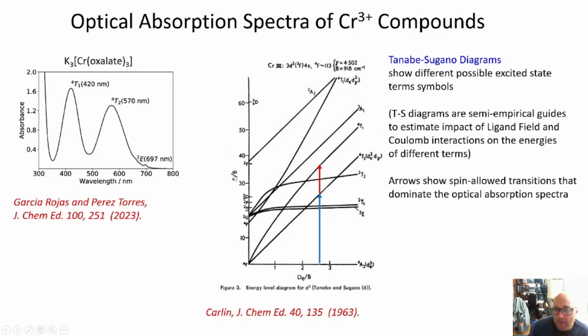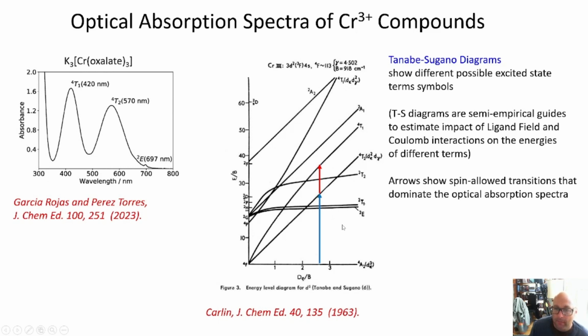But the other thing that I do think is important about this diagram is that the B parameter includes significant contributions of electron-electron repulsions. All right, and so this diagram does have a lot of the important physics associated with d to d excitations already inside it through this B parameter, and obviously through the Dq parameter, which is the